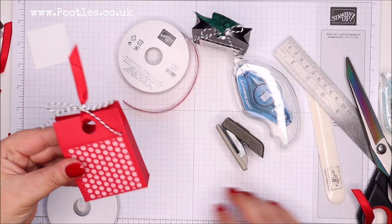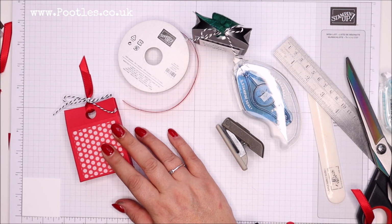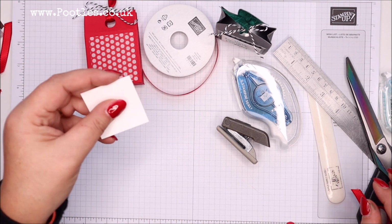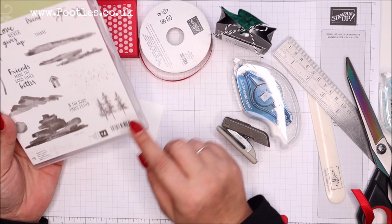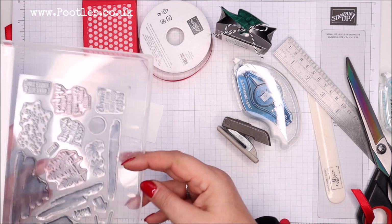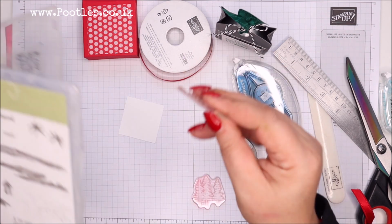That's better. And then just to finish, I've got this little panel that's, oh, that's 1 3/4 by 1 3/4 of an inch. That's 4.5 by 4.5 centimetres. And I'm using Waterfront because it's just got these little trees here and that lovely, lovely sentiment. So I'm going to pull out my trees and the sentiment,